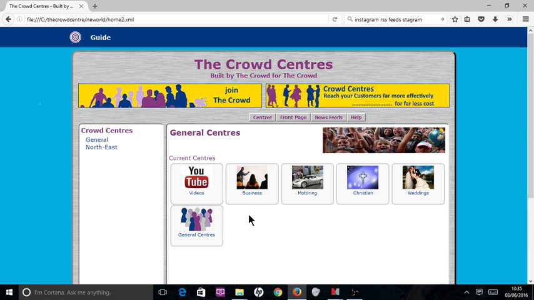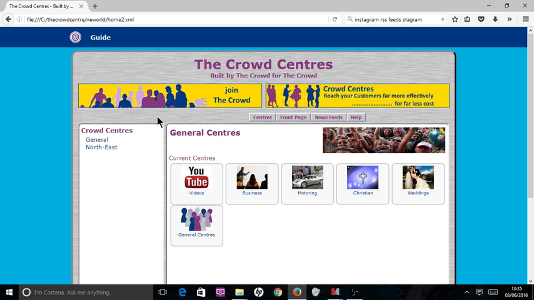In the past, a long time ago, people had their own little homes in the middle of nowhere. Eventually people came together because of the protection and the advantages of it into villages, that then became towns, that then became cities. And the whole idea of the crowd centre is to do something similar to that. So rather than just have lots of websites all over the place, we can bring a whole community together.